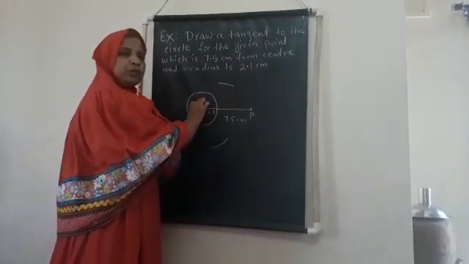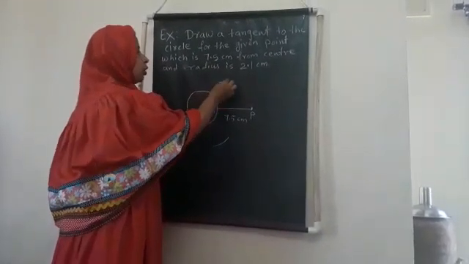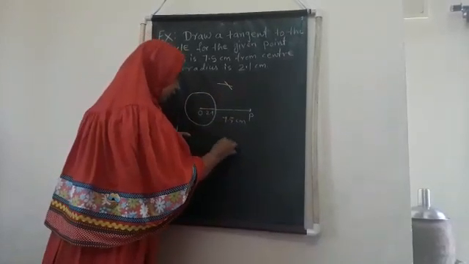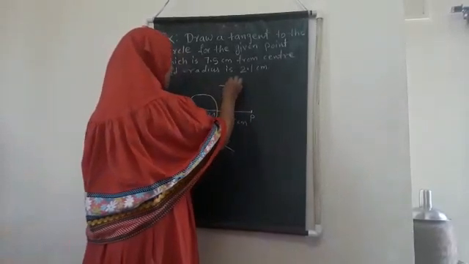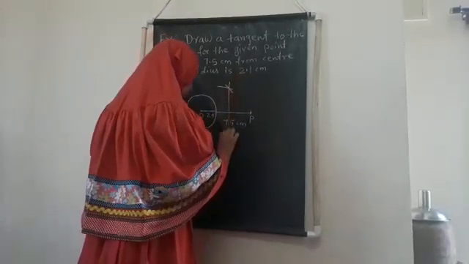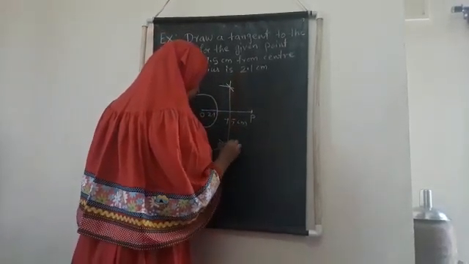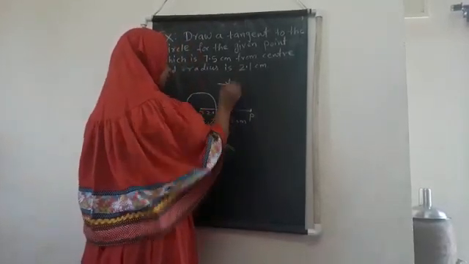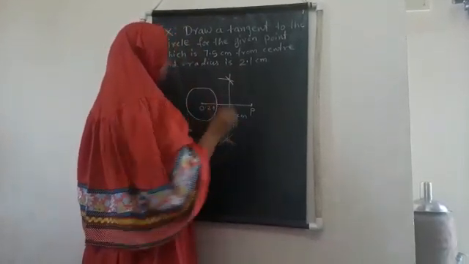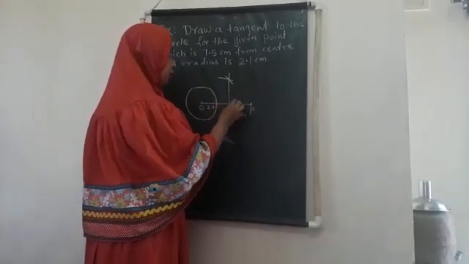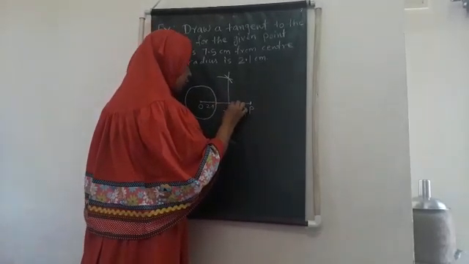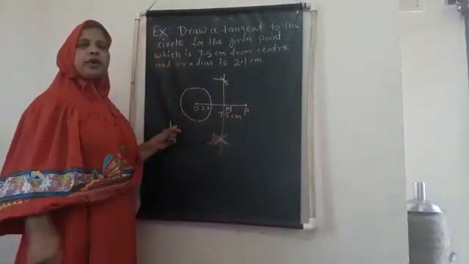Again put the compass pointer on O. Draw the intersection arc like this and pass the line from intersection, which intersects the segment OP at this point. Let's give the point name M. So M is the midpoint of OP.